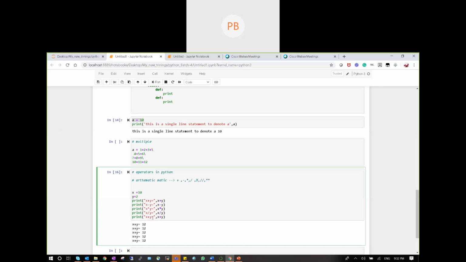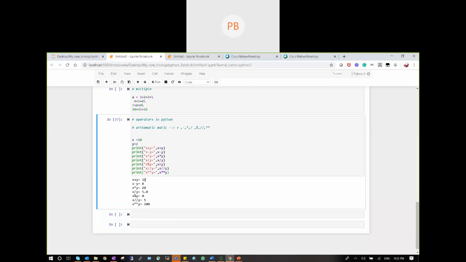Next, modulo operation, give the modulo, and then floor division, double slash, and exponential function I have to write, right? These are the different operators I have given. Let me execute this code first. x plus y is equals to 12 and